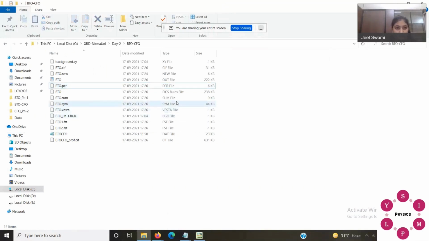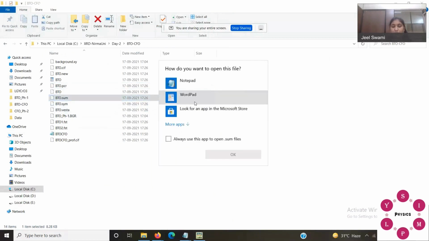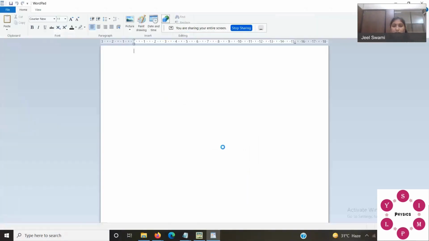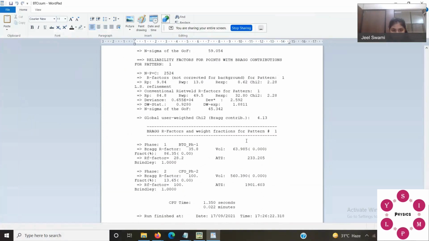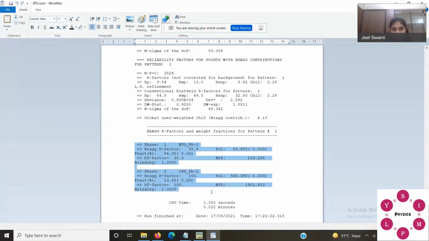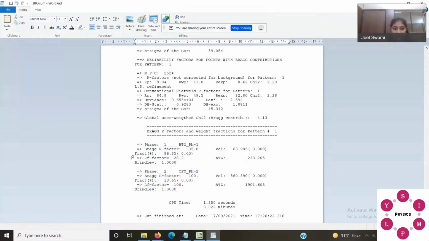Yeah, sum file. Yes. So after you think you have refined all the parameters and you are satisfied with your result, you can check the sum file, and in the end you'll get this type of information. In this I have two phases, phase 1 and phase 2, and this fraction will give you how much is your phase 1 and phase 2.